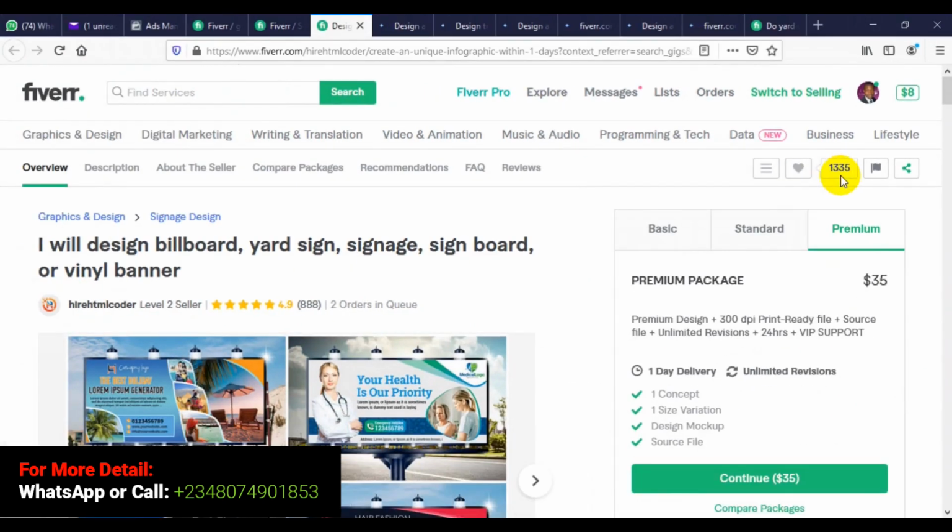So this simply means that each time people come to the platform looking for this type of service, Fiverr is going to pull out all gigs that have a higher number of loves on the front page. How you get all this love is what I'm going to teach you after we have done with how to create your gig. So now another thing to consider here is